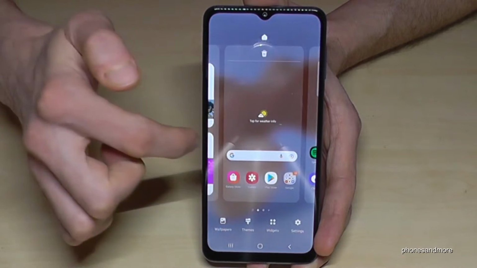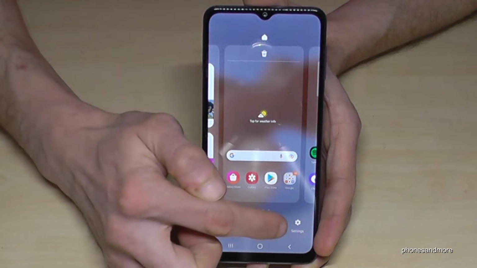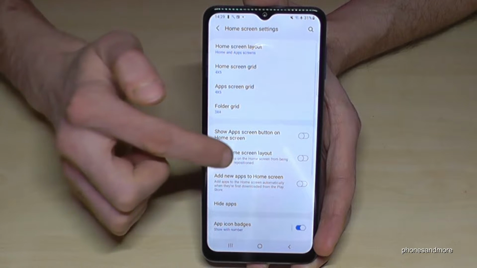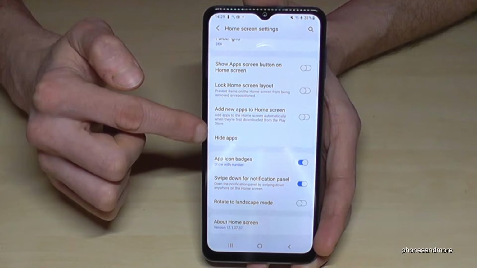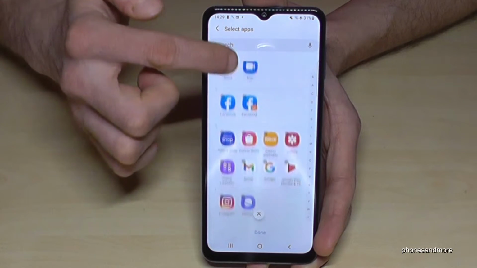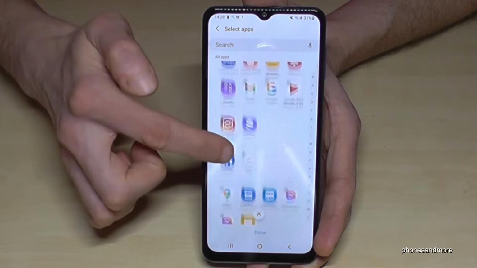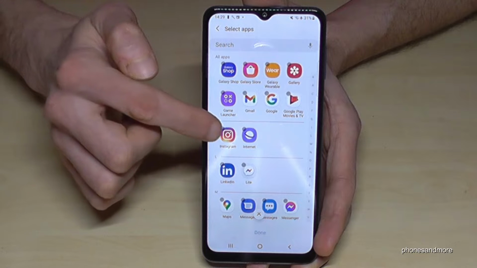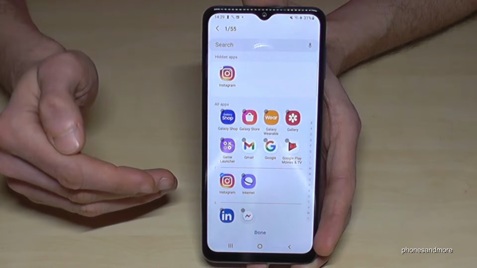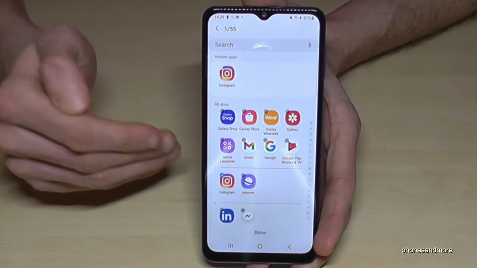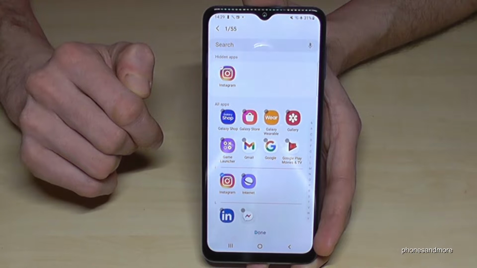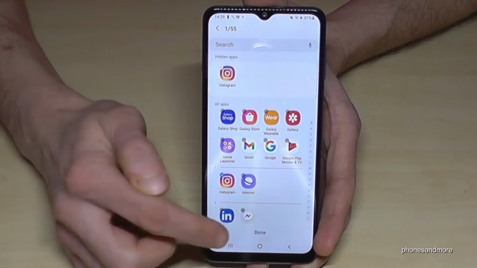Now we can see a bunch of pages here, but we want to have this feature here, the settings. And here we can already see Hide apps. So tap on it and you will have now a list with all your apps. Let's continue with our example here, Instagram. So we want to hide Instagram. By the way, you cannot really hide the second apps we have just cloned. So you can just hide main apps. Okay, if you go on Done now,